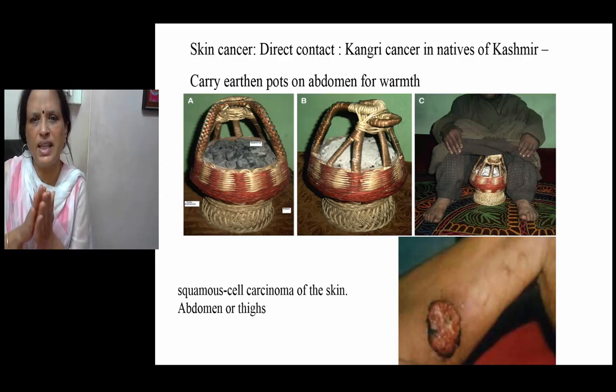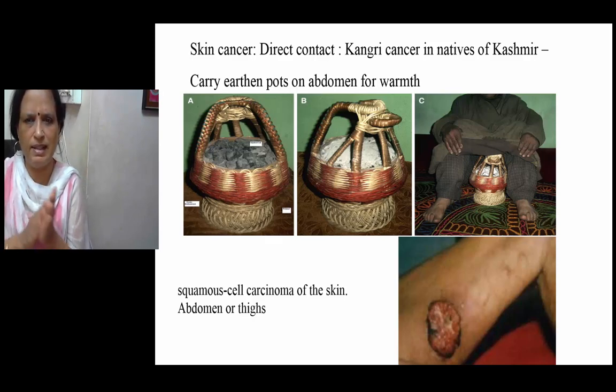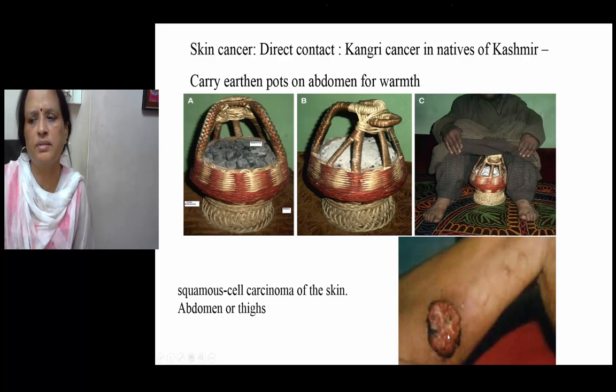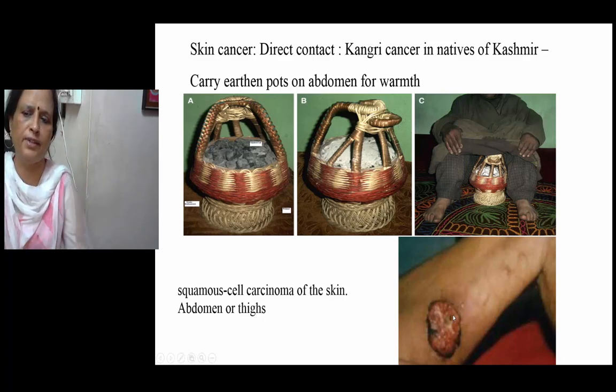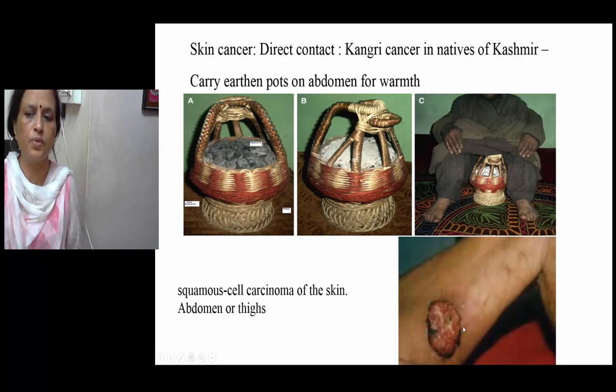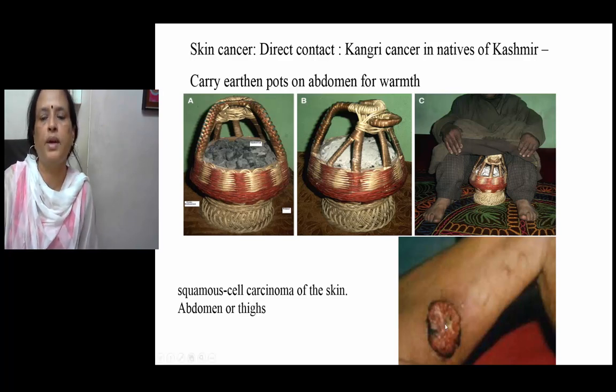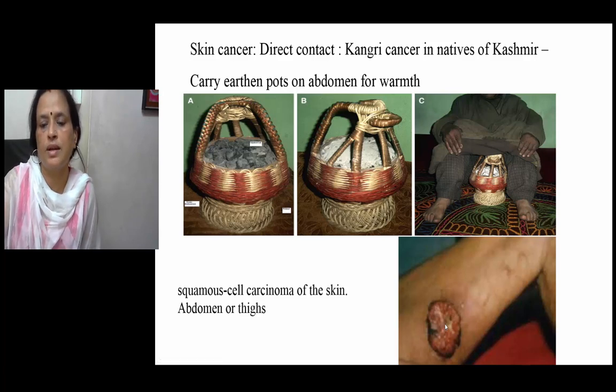So what happens? It's the heat, you know, that constantly irritates the skin. What has happened here? This is on the thigh, you can see a lesion, so which is a fungating, ulceroproliferative lesion here. So what malignancy is this? This is not a simple ulcer, because you know to differentiate a benign ulcer from a malignant ulcer. It's got rolled, everted edges also. Not typically a cauliflower. Okay. This is squamous cell carcinoma of the skin of the thigh.